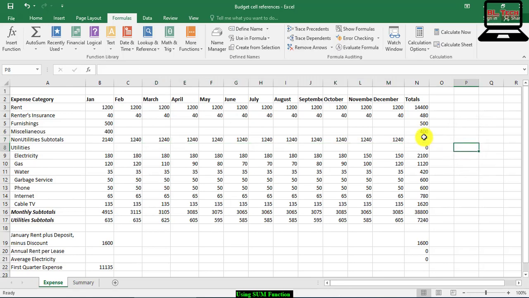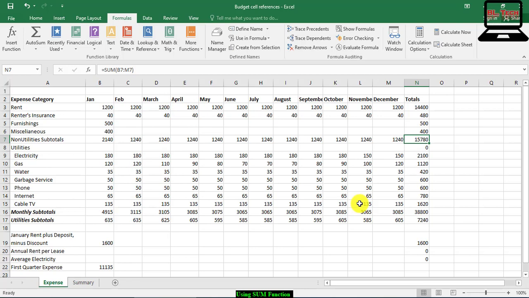Copy cell N6 to N7. Enter. The total non-utility expense is displayed. You press Save the workbook to your Excel lesson folder.